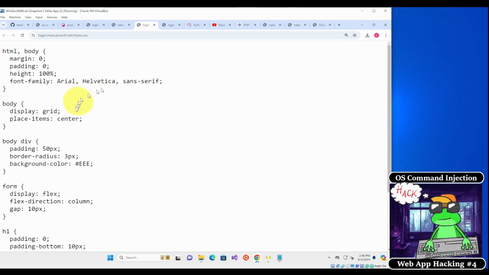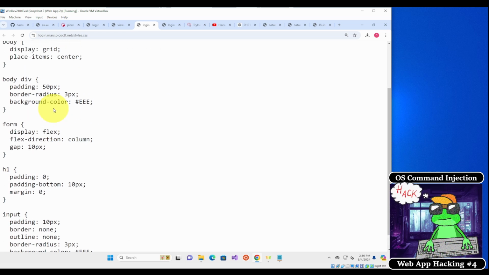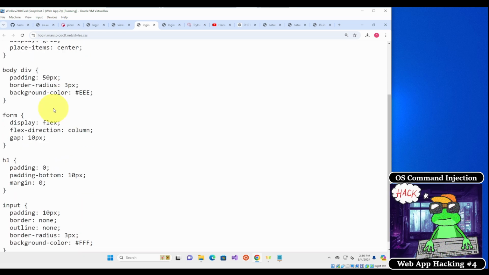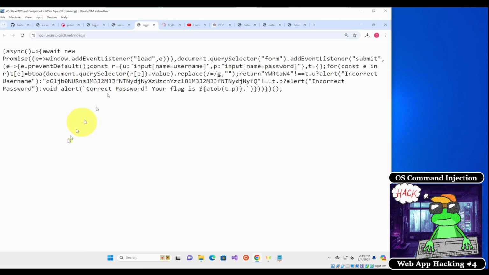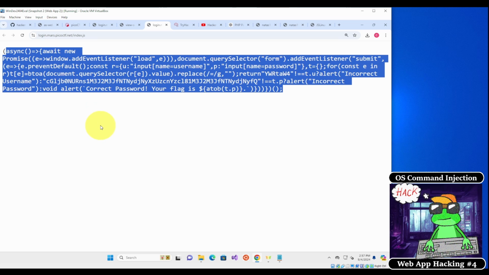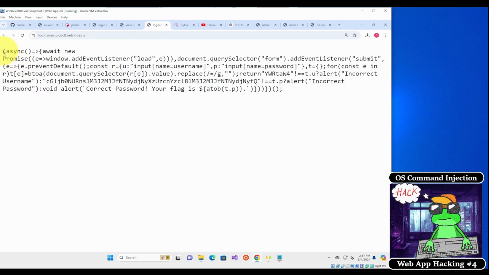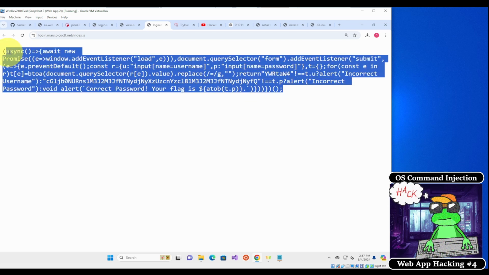If we look at the index.js, and the styles.css file over here, there's nothing much to go on. But if we look at this file right here, there's a lot of code, and it's all squished together. I think this is called compressed code, and it's what you do to make sure your files are as small as possible. If we ever see this, we can copy all the code over here,